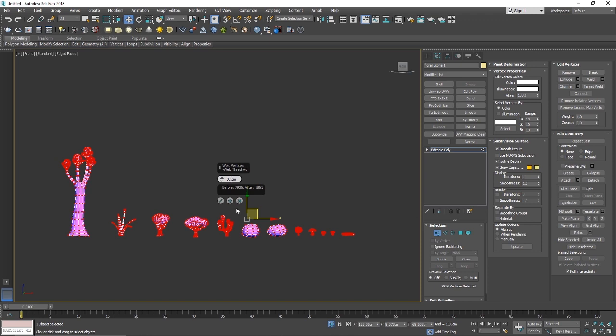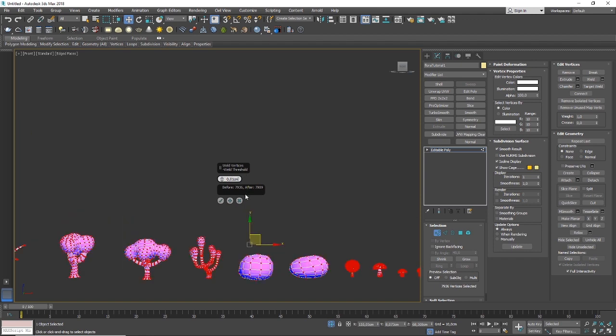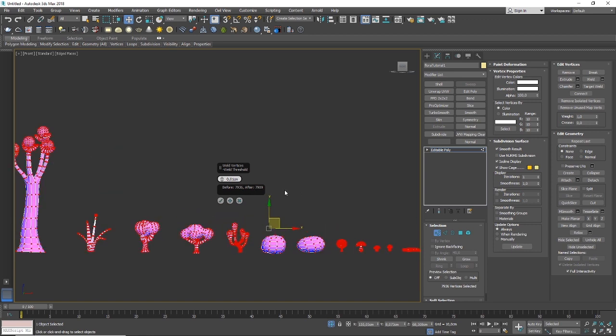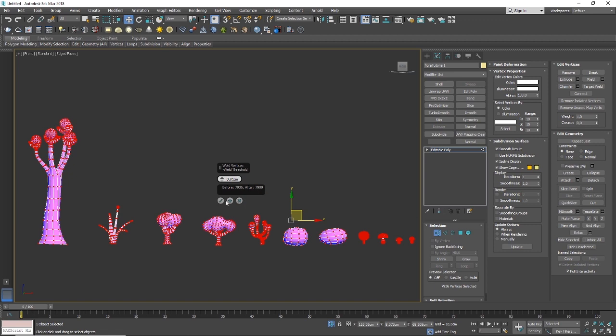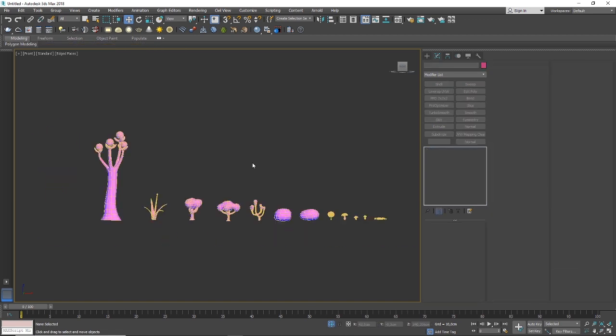And let me put this threshold very small, 1/10 of a millimeter in fact, and it shows me that even then there are quite a few vertices that need to get welded. So these are actually on top of each other, and it's going to OK this. So any vertices that were not connected together,